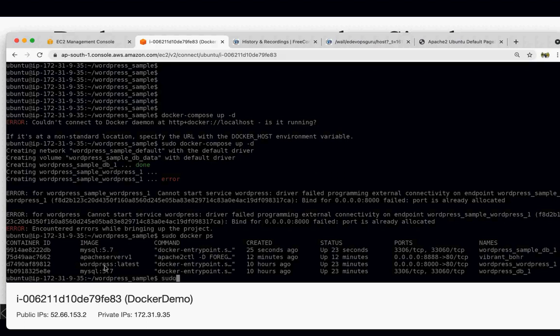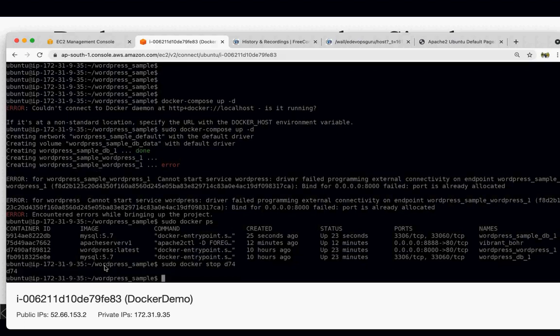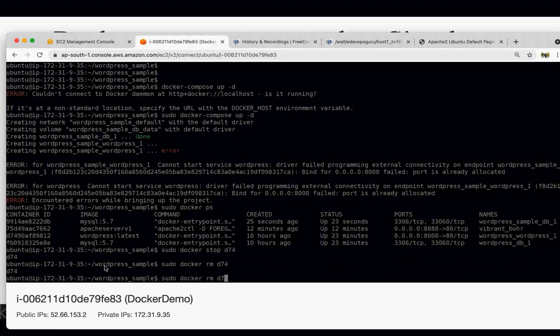So let's destroy it. Docker stop and then just give this container ID. Okay, d74. So this number is also sufficient. Then we will remove it. Similarly, you can also use direct rm.